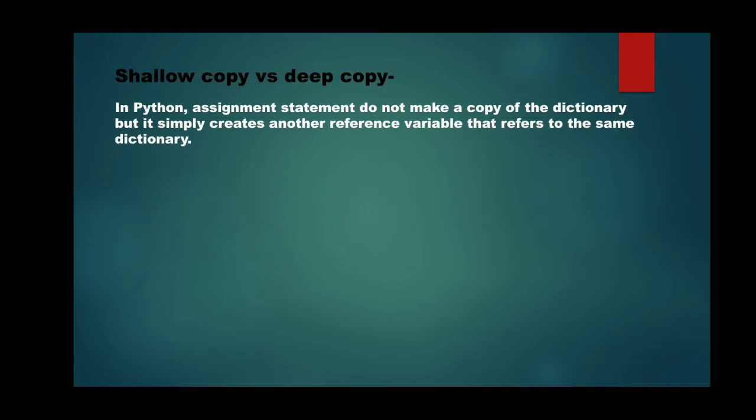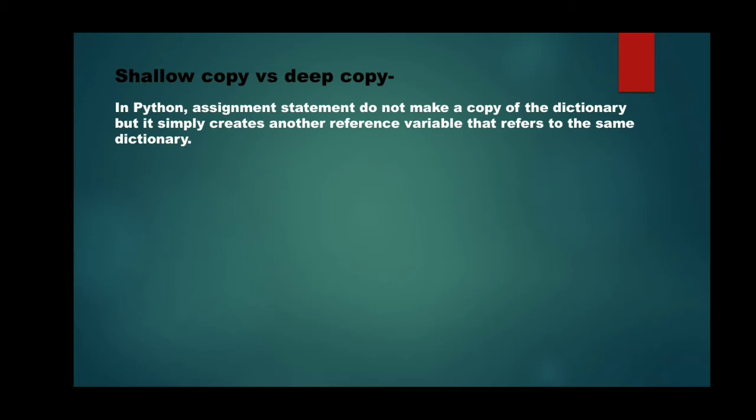Now before we move on to the function copy, let us first understand the difference between a shallow copy and a deep copy. We will be using the copy function right now, but before that let us understand the difference.